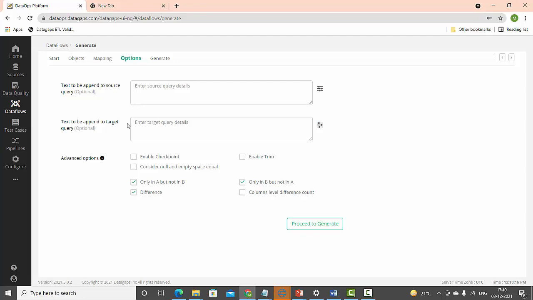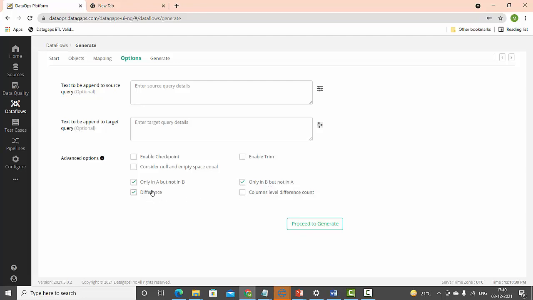Okay, so these are the different advanced options we have. Because we are checking the differences between the source and target, you always want to know the records only in the source but not in target, the records only in target but not in source, and the differences.